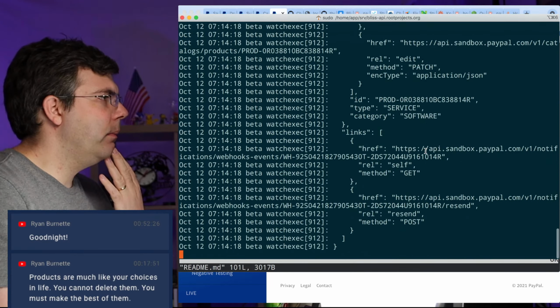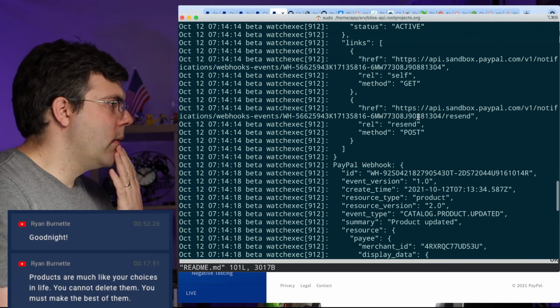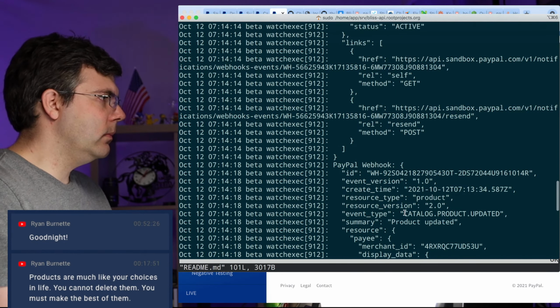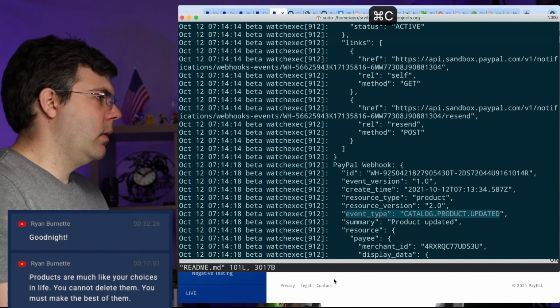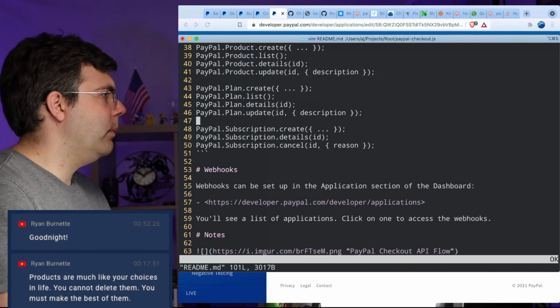Catalog product updated. Cool. So I can just list the associated webhooks with these things too.